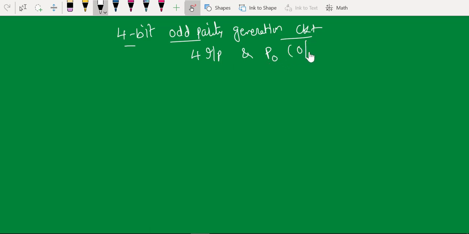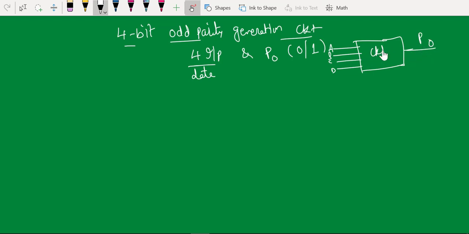It can be 0 or 1 depending upon the number of ones available in the data bits. So the simplest form of block diagram will be 4 inputs, A, B, C, D, and the parity out will be your output. You are going to develop this circuit by considering the truth table of input and output combinations.